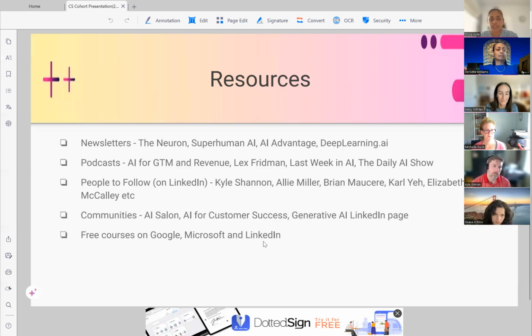And if you're interested in getting free certifications, there are a bunch from Google, Microsoft, and even LinkedIn. I love all the Google ones. In fact, I have one, probably an old one, Introduction to Generative AI and Machine Learning or something like that. It's a really good resource. So hopefully this is enough for you guys to get started. It's overwhelming, but please don't feel like you need to be an expert overnight, because nobody is. I'm telling you right now.